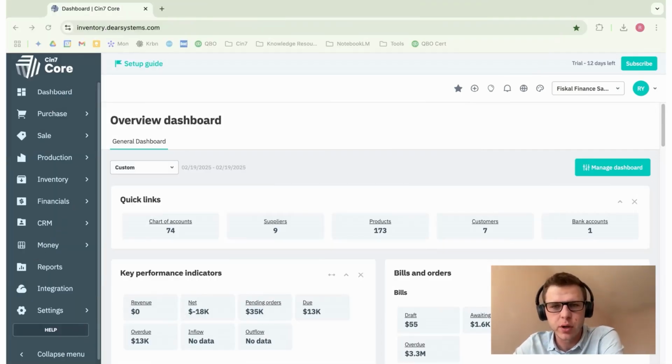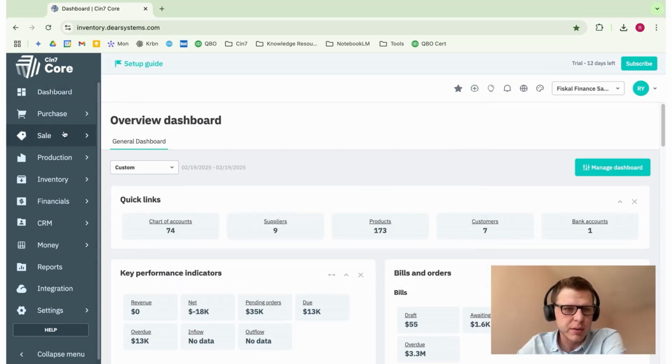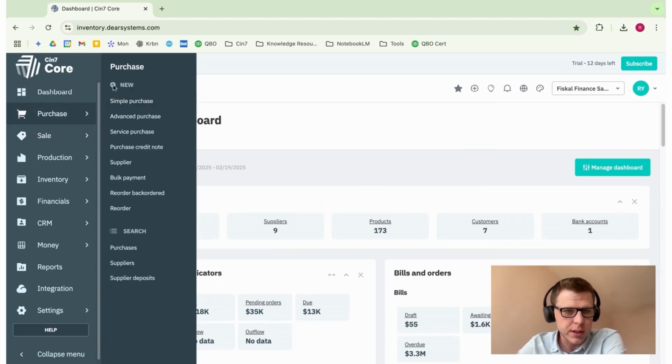Personal Finance here, and today we're going to go through suppliers and creating a new supplier. There are a few ways that we can get to this page. We can go to the plus icon at the top of our screen under Purchases, select Supplier. We can go onto the left-hand panel under Purchase, under New, select Supplier, or we can go to the